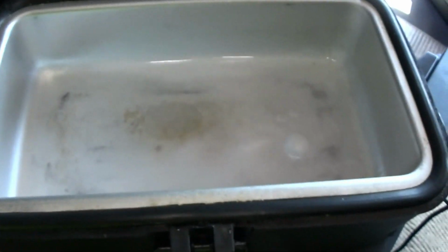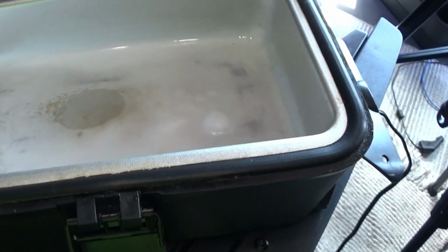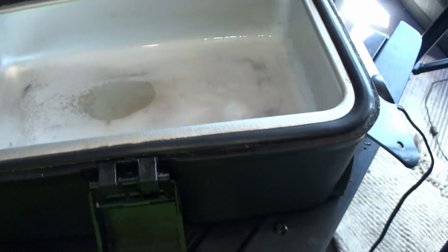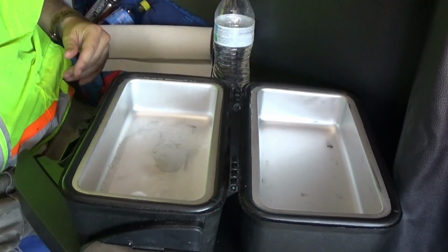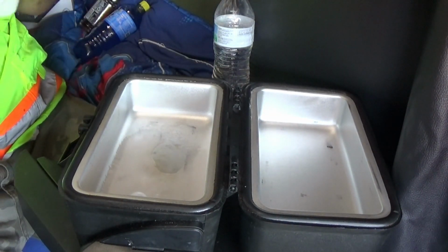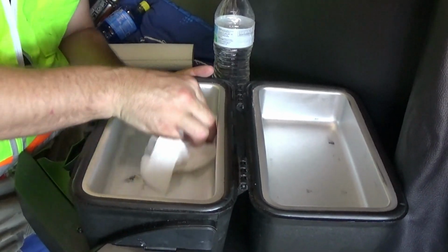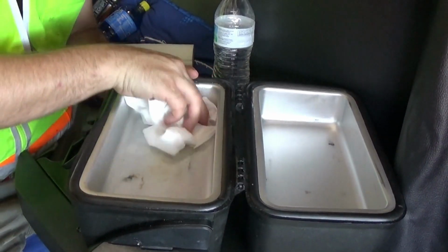But then we're going to clean this out very, very good. We're going to use a bunch of water to clean it up. Clean-Dough is really good about lifting things off the surfaces of things. And I don't never cook directly in this, and you shouldn't either. So here. Alright, let's see. Don't want to leave this stuff on too long. Nope, that did not lift it up. That's probably a permanent stain, but